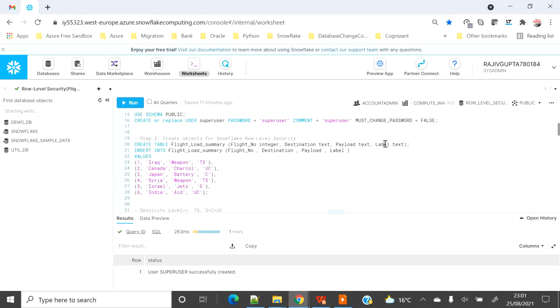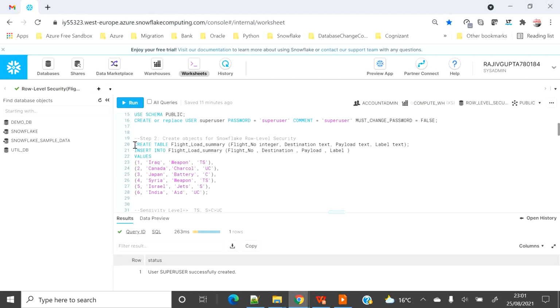In row level security, we are not going to modify anything at the table level or the data level. We are going to design the row level security on top of that particular table. So how will we do it, let's see.